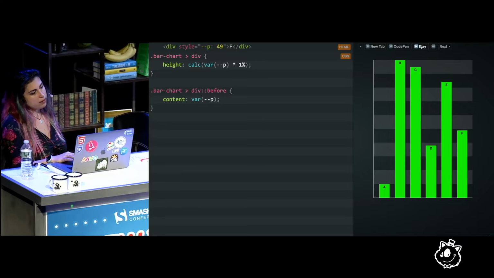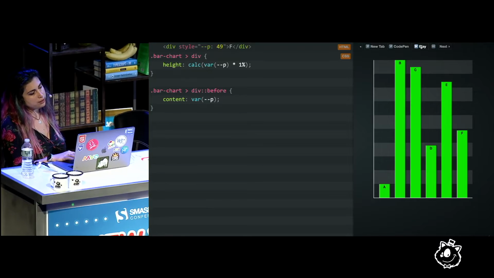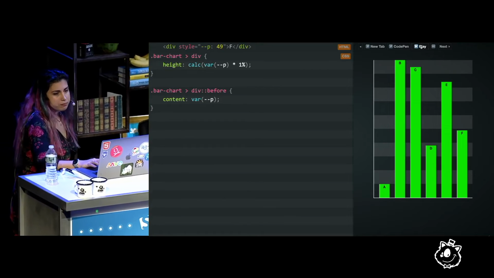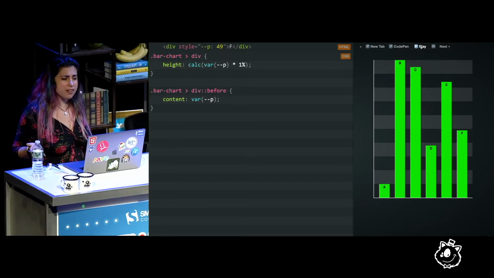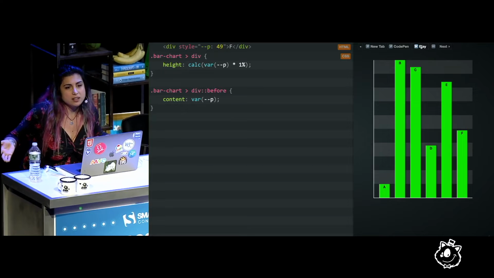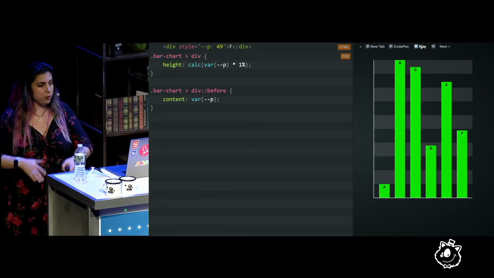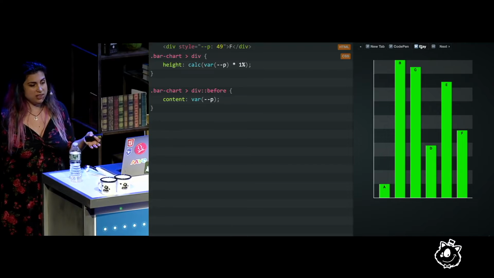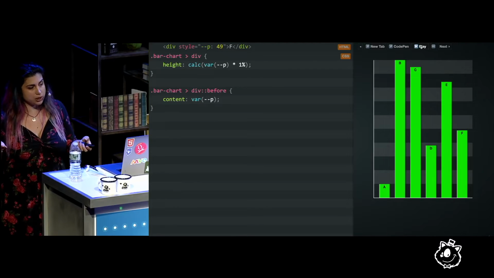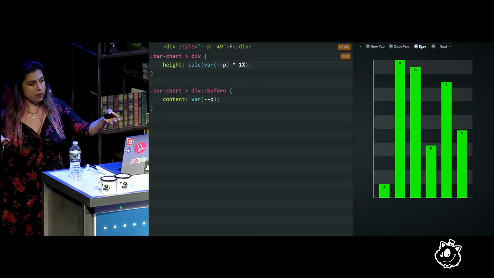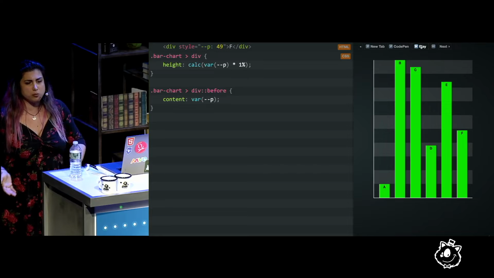However, even though we switched to numbers, our number is still not displaying on the bar. And why is that? Because content doesn't accept numbers either. What does content accept? Strings. That is all. Content accepts a number of strings. You can have multiple different strings next to each other, but that is all content accepts, strings. And what we have right now is a number. And we clearly don't want to have to specify our number as a string, because then we also wouldn't be able to do math with it.